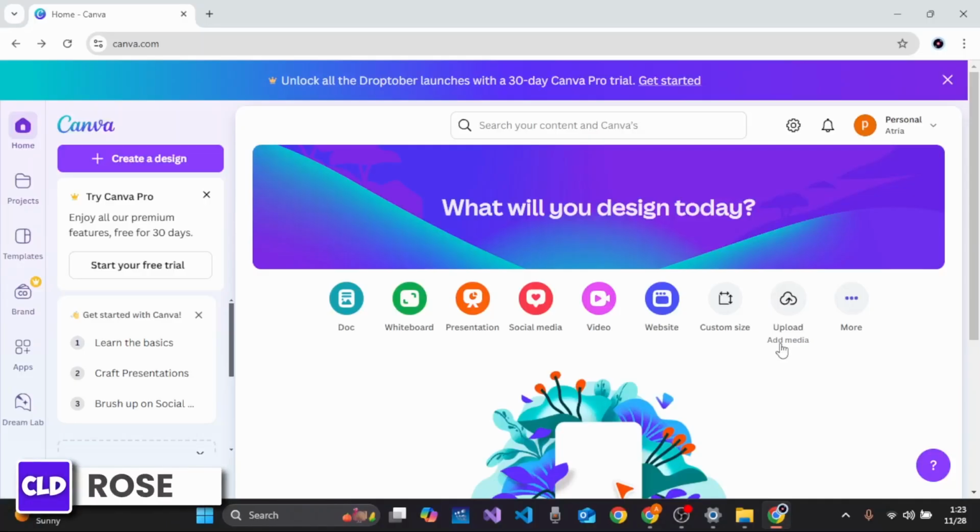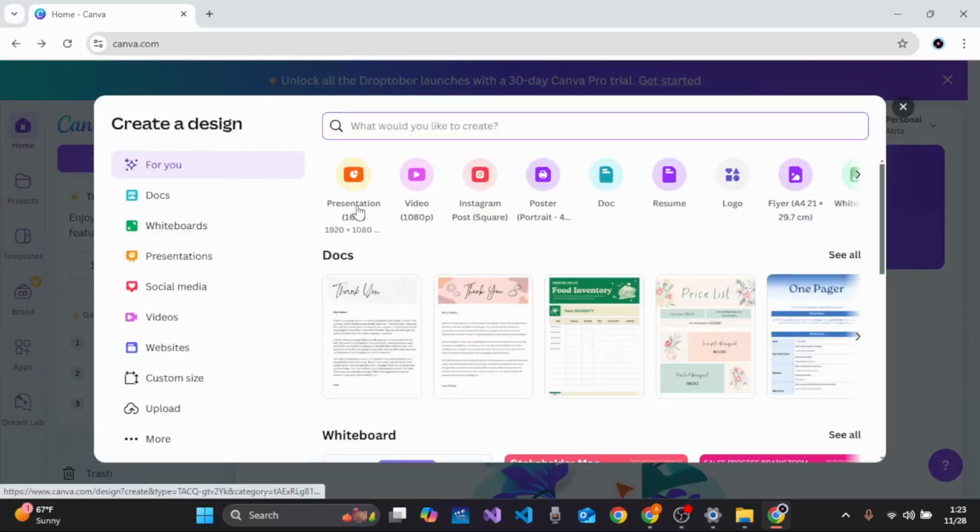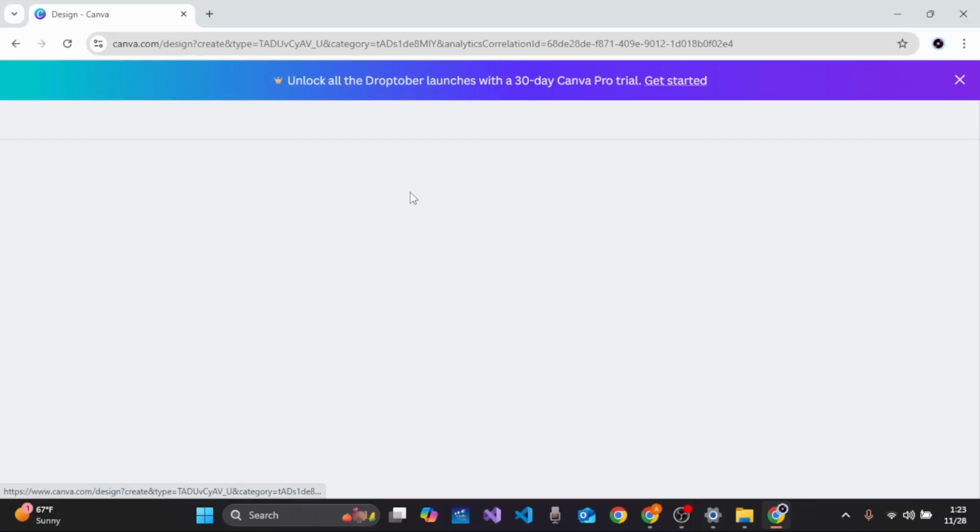First, go to canva.com. Sign up using your Microsoft account, Google, Facebook, or an email. Now you need to create a design. Once logged in, you need to click on the Create a Design button at the top left corner of the screen. Among these options, you need to select Video,